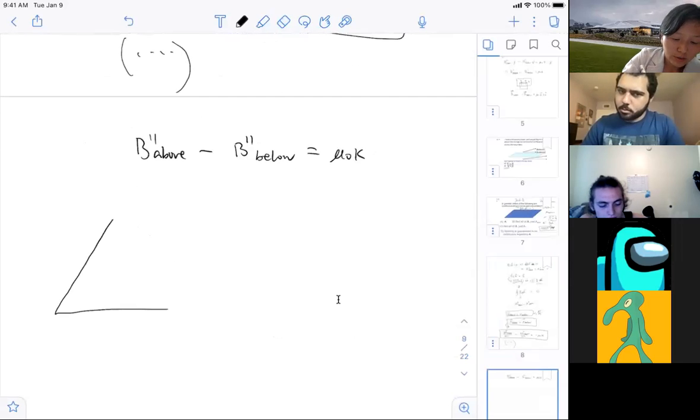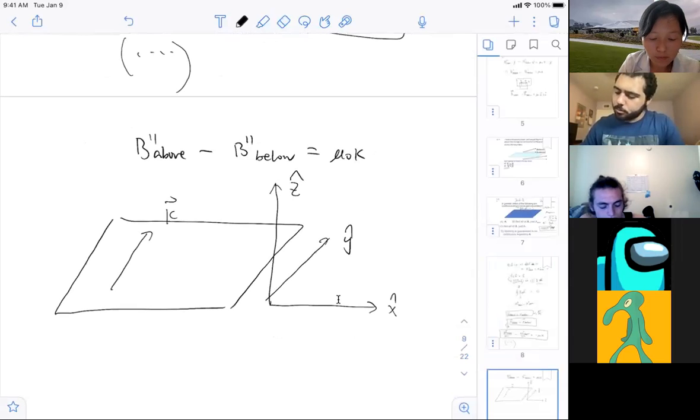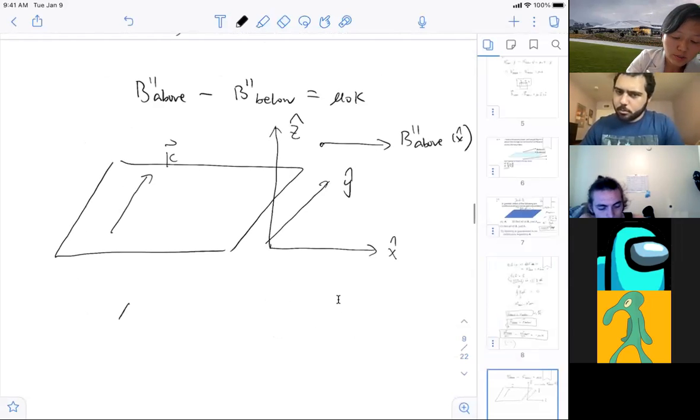So let's draw a little picture to help us. If we have the X and Y component like this, Y and X and Z, and then I'm going to draw my current K in this direction. So if I have my B parallel drawing like this, B parallel above, that is in the X direction. So since my A, still remember the A, right, is K,